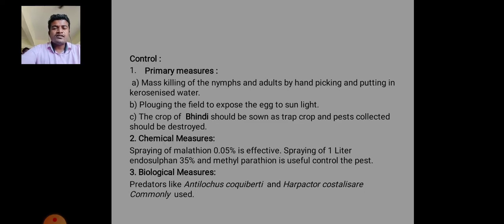So all these economically important crops are very important for farmers to improve their economic status in the market, but they are attacked by the pests which we have seen here, and these act as a speed breaker in the growth of the farmer. So it was about the pests of economically important crops. Thank you.